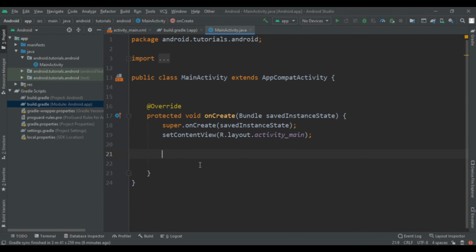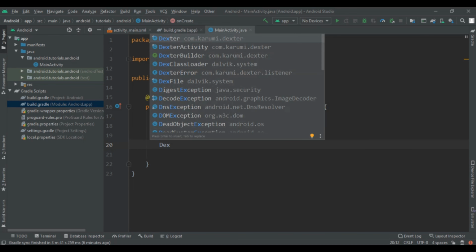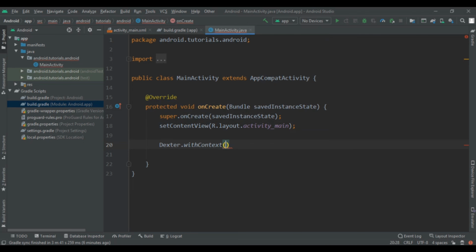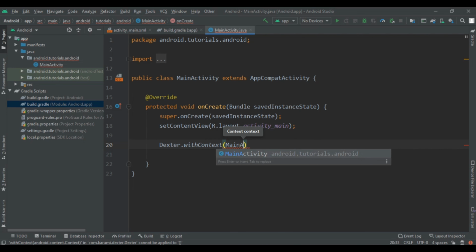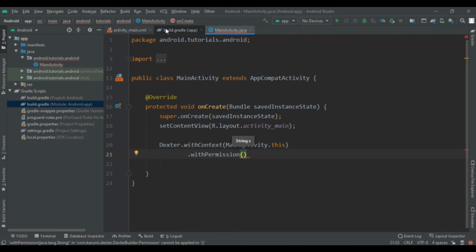Then we are going to come to the onCreate method, and here we have to write Dexter, then dot withContext, then pass our MainActivity dot this, and after that dot withPermission, and first we have to write the permission we want.